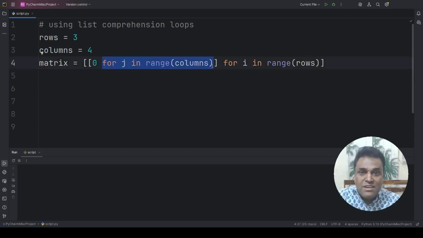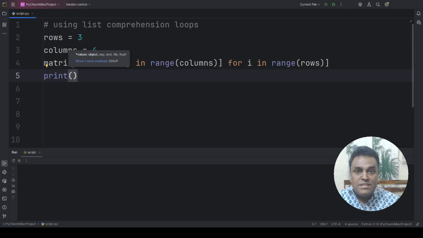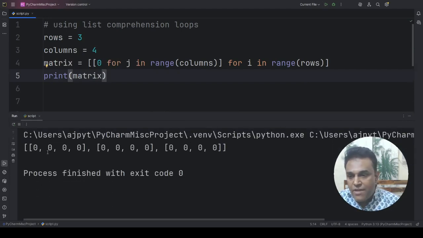So this is a kind of nested for loop, and every j is going to generate this 0. And this is absolutely the same thing what we did using the nested loop, but this is a list comprehension. So if I print the matrix now, you can see we have absolutely the same output,